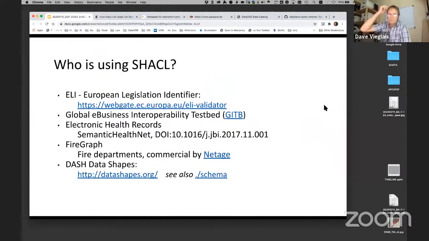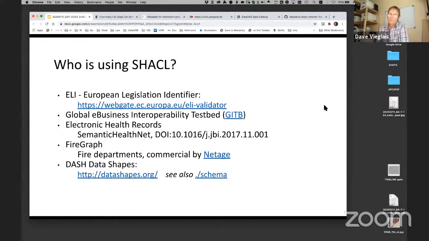So, SHACL is not, I wouldn't say it's terribly widely used, but it is used by some big players, especially in e-commerce and even the legal world, in ELI, European Legislation Identifier frameworks.